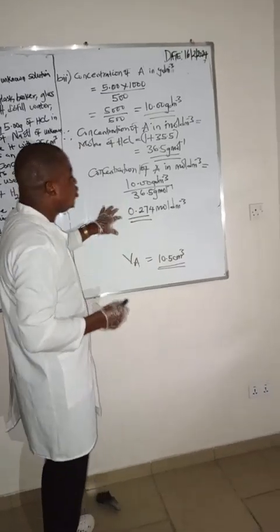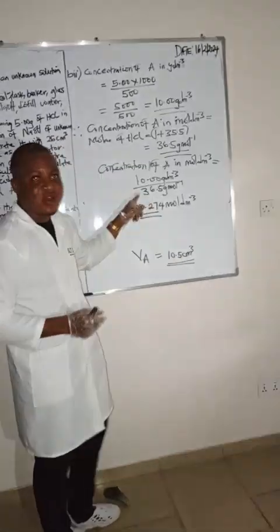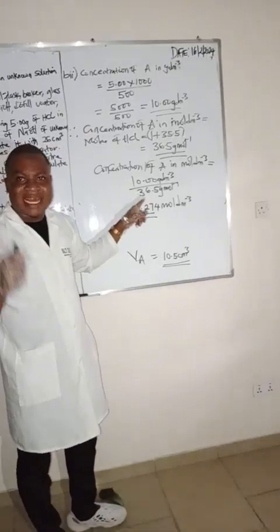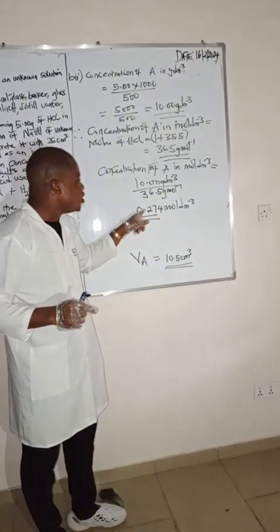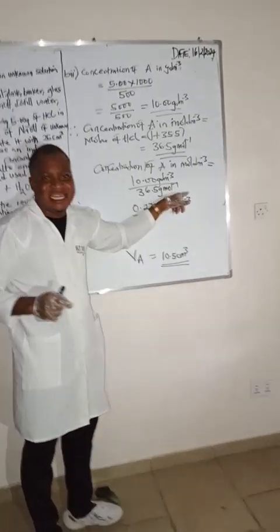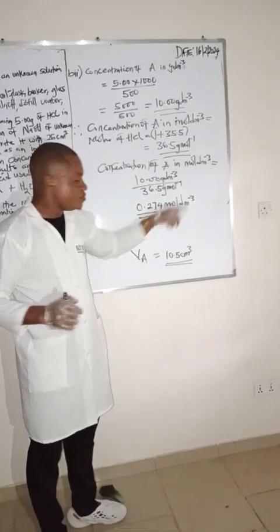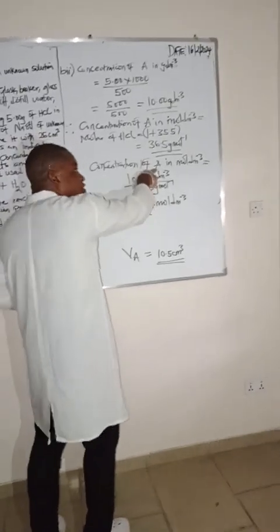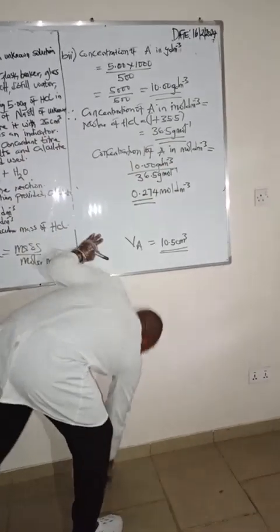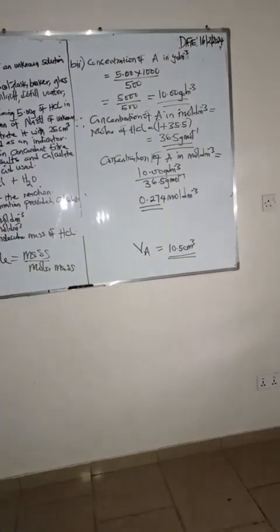Now you express molarity in what? In 3 significant figures. Right now we have 0.274 mole per dm cube. Are you following? Yes, sir. Now this is our concentration of what? Of acid A in mole per dm cube. Are you following? Now the next one is